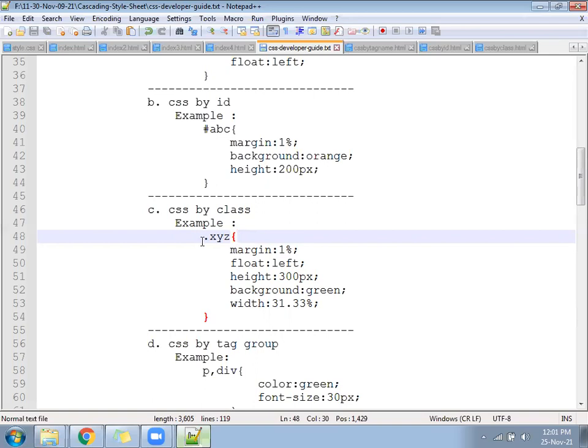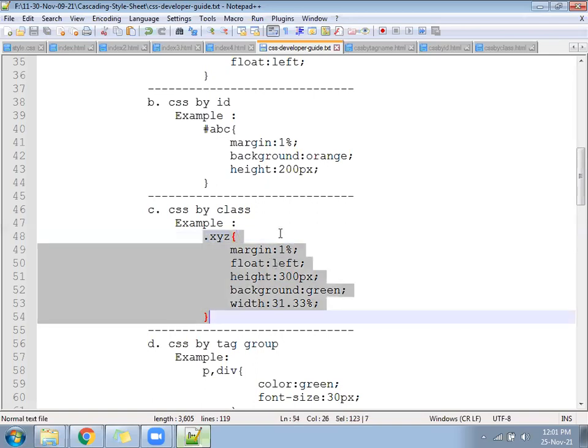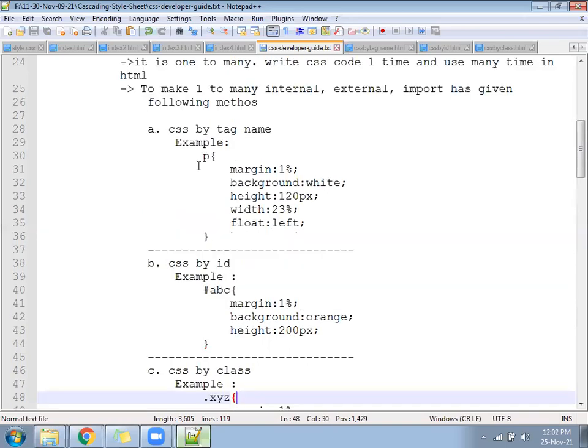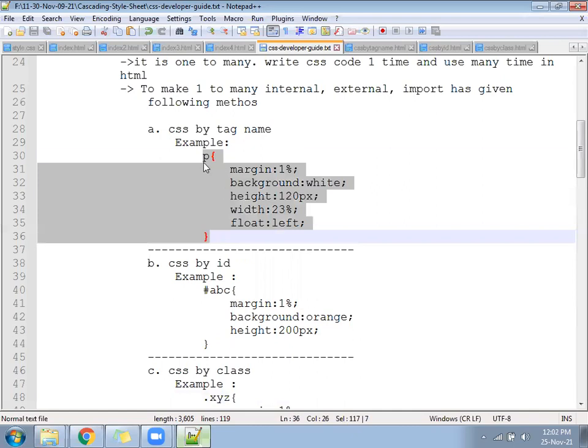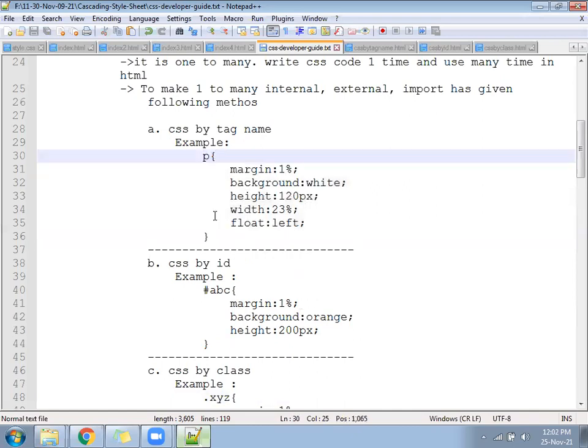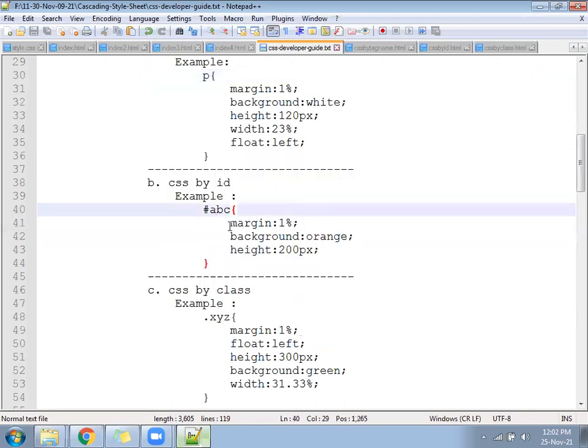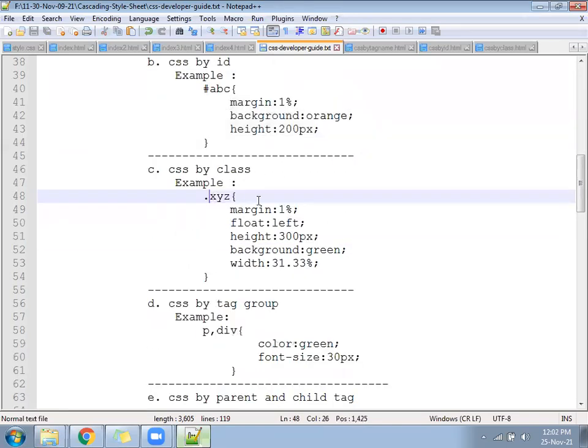Okay, written the class. Now, if you read this file, whenever we want to create by tag name, we follow the name of the tag, then something ID, any ID, curly bracket, property value. Class will happen through the dot.